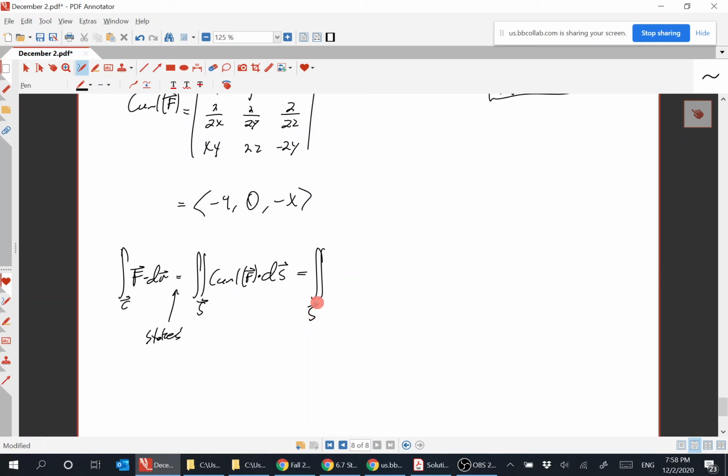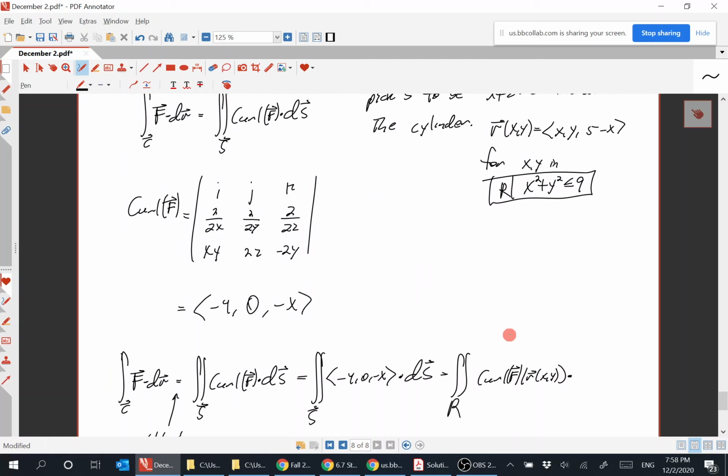So that's the surface integral of this vector field, minus 4, 0, minus x, dot dS. So this is equal to the double integral over R of the curl of f dot, oh, I didn't do the